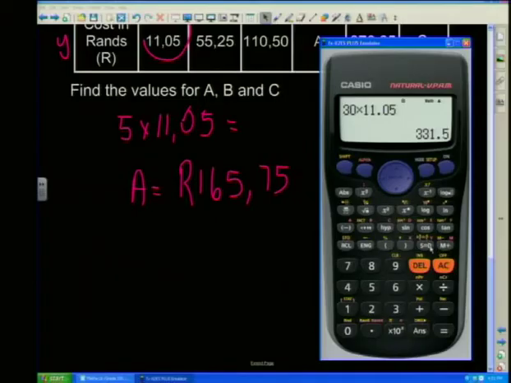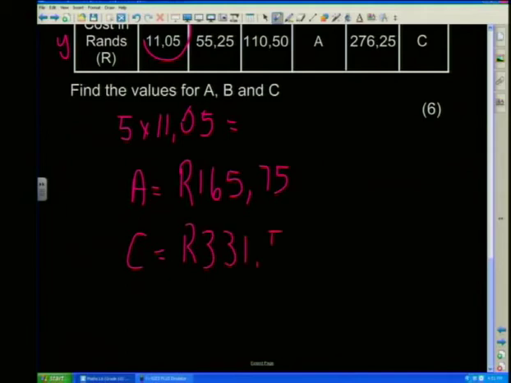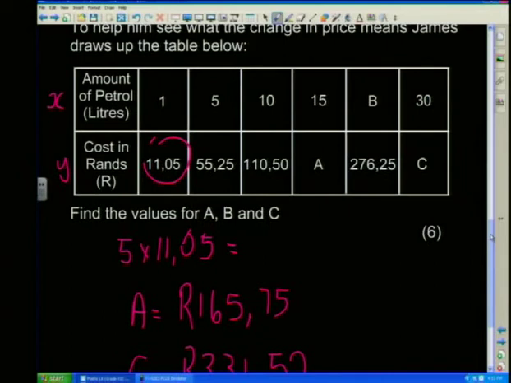30 times 11.05. Don't talk to me. 331 Rand 50. So let's write that in. So we got C. I need a pen. C is 331 Rand 50. And now going back to B is now that number divided by the petrol price to get